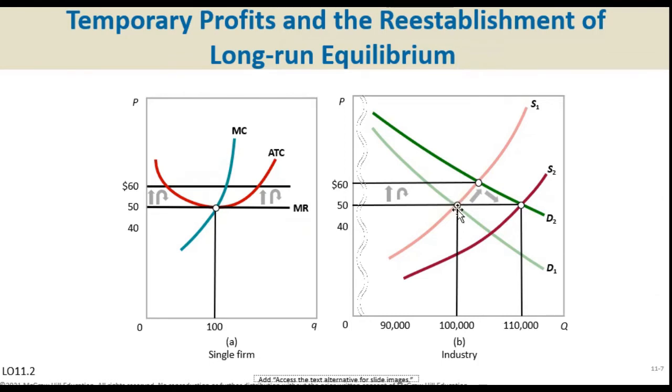So if we have our equilibrium here, when the price is at 50, there's a favorable shift from D1 to D2, and that creates the output demand, or the demand, from 100 to 110. As the demand shifts up, it puts an upward pressure on the price. So the price shifts from 50 to 60,